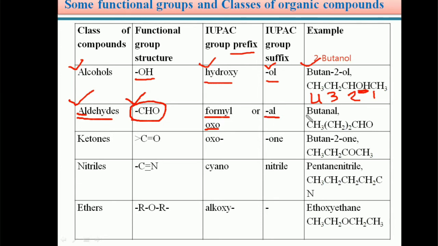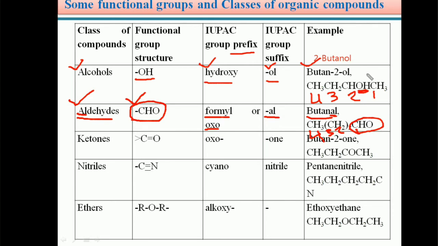For example, students, you can take butanal. You can give numbering 1, 2, 3 and 4. So in this molecule 4 carbon atoms are present which are directly bonded and the first carbon has the CHO aldehyde functional group. Hence its name is butanal, with AL. Suppose by mistake you write butanol, BUTANOL, then it becomes alcohol.